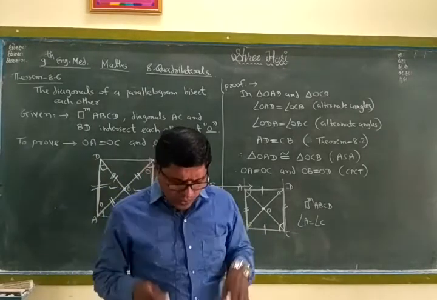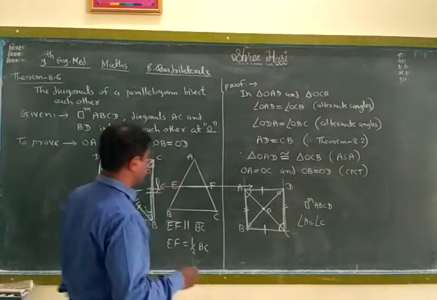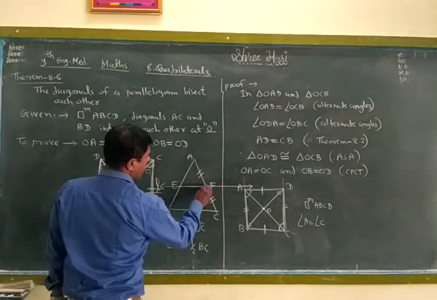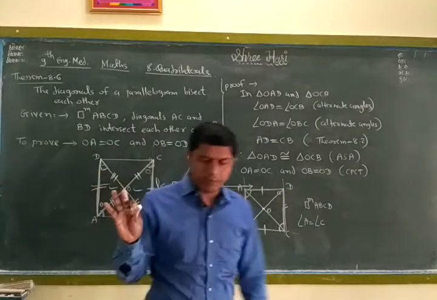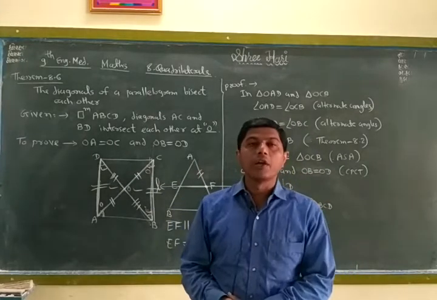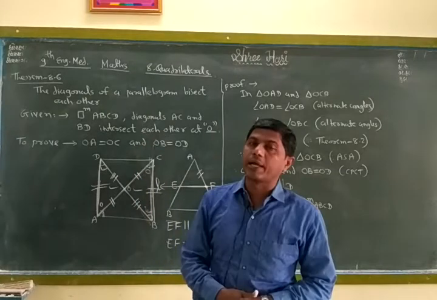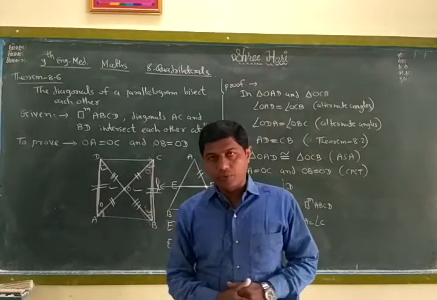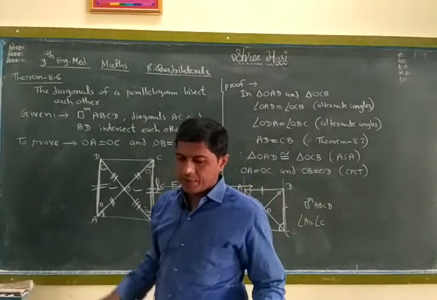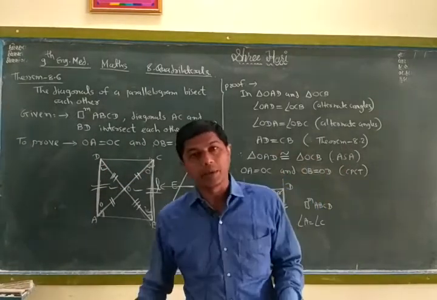We want to prove AF is equal to CF. It means AF and CF are the same, because F is the midpoint; that is what we want to prove. This is Theorem 8.10. For all these theorems we only understand the statement, while for 8.1 and 8.6 we understand by the proof, given, to prove, figure and proof. This chapter 8, Quadrilaterals, is finished for your 70% syllabus.